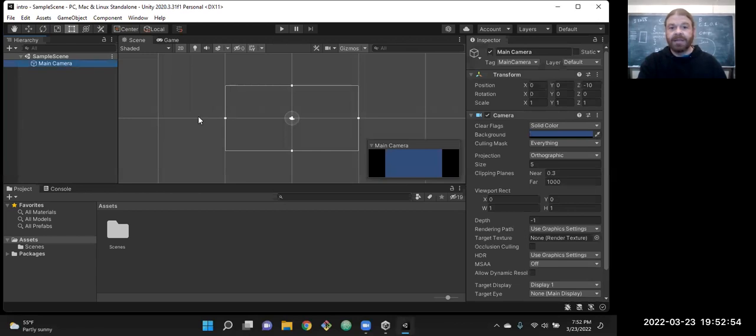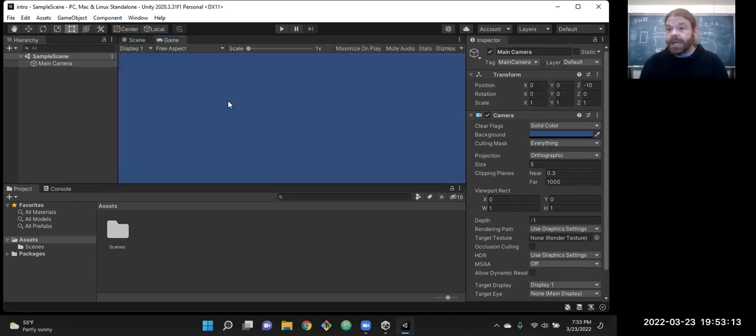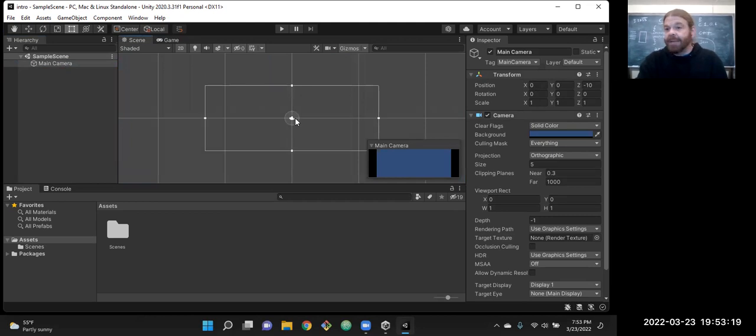In the middle, you'll see there are two panels here, scene and game. Scene is kind of the build mode. That's where we move things around, have nice controls, see the grid where things are laying out, and do all our adjustments. The game panel is what it looks like when it's running. As we're putting things together, you can hop over to the game panel.